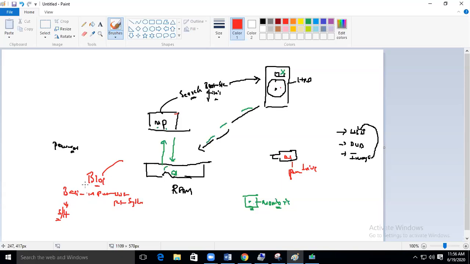This BIOS contains the basic drivers to start your computer. For example, your computer is hardware, and for this hardware there should be some software to work. Microprocessor requires software, your RAM requires software, and your hard disk requires software.